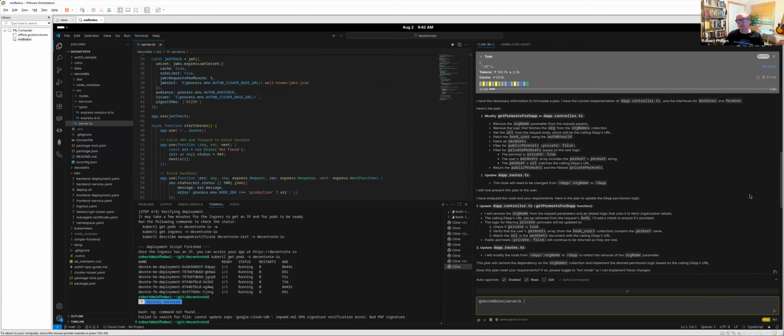So you go back and the perm sets are defined as private because it's a MongoDB. It's a flag, so it's defined private as true or private as false. And then you have to tell it, okay. But the point is that this is all stuff that is ultimately necessary for you to understand as the user of Cline in this particular case, of the AI, to actually do the right thing.